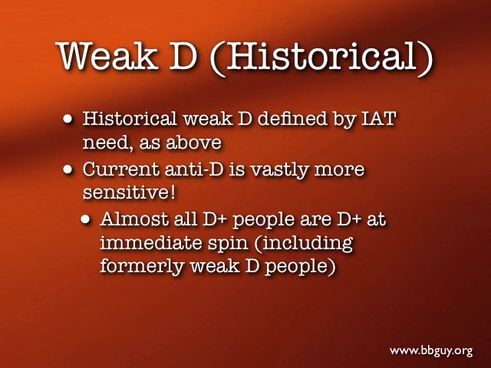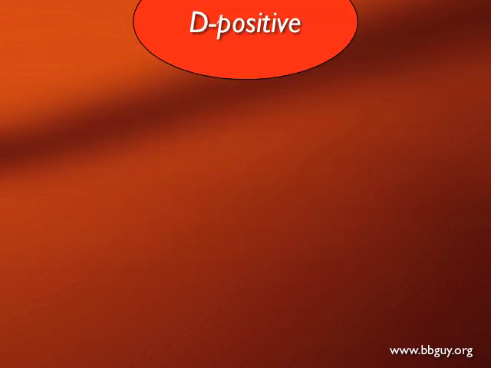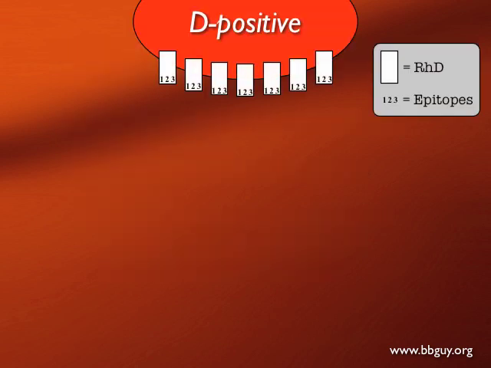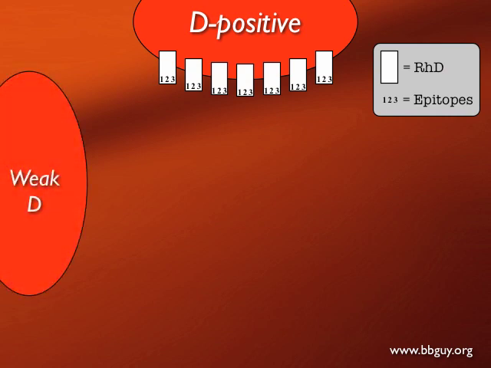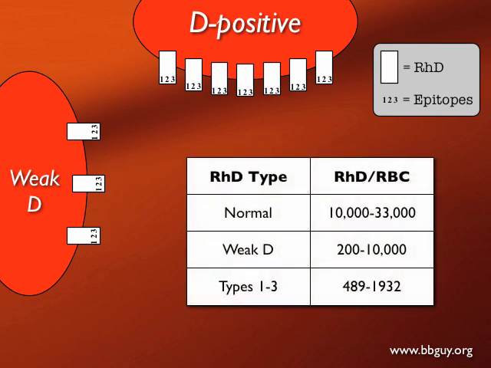We'll talk about them in a while, with a couple of exceptions that we'll go over. So here's historically the way this has looked. Here's a D-positive person with a normal amount of D antigen having normal epitopes. Weak D person would have a smaller amount of D antigen, but with normal epitopes. Again, that's a classic look at this, and this is classically how it was thought, and that led us to